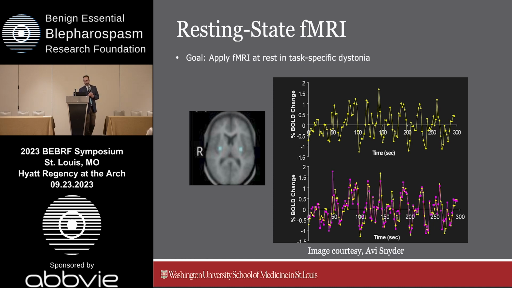resting state MRI. And this concept is that when people lie in the MRI scanner, the blood oxygen levels fluctuate naturally. And they do so in this kind of rhythmic way that we see here. And so I am interested in the basal ganglia. I've drawn a region in this. And over time, I can look at the blood flow, the oxygen levels in that region, and see it fluctuate